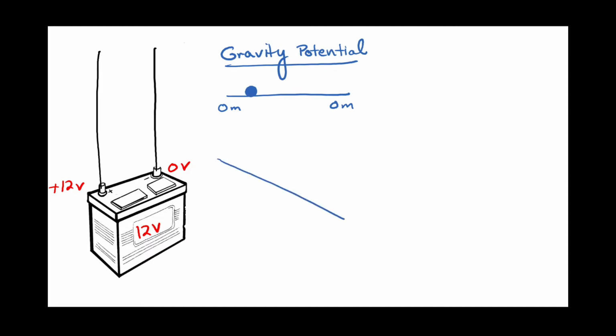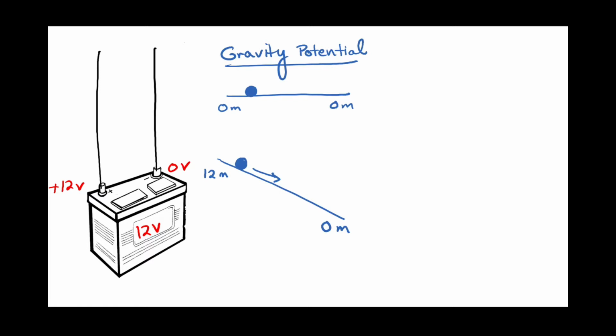However, if I then have a platform or surface that is 12 meters on the left side, 0 meters on the right, then there's a slope, and if there's a ball on top, this ball will want to roll and move. It is this difference in height, and here we would say a difference in gravity potential, that makes the